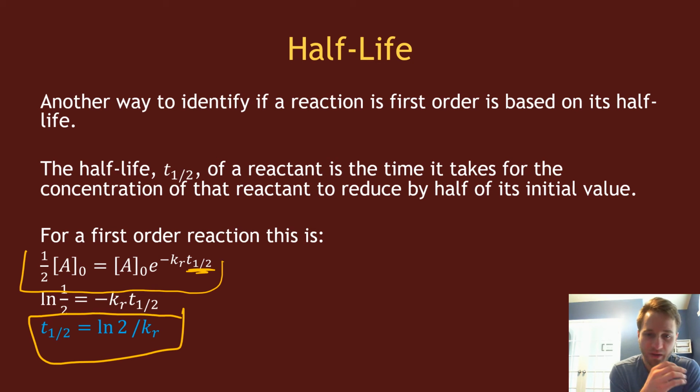So if I have 100 moles and I reduce 1 mole per minute, no matter how many moles I have, it's going to take a lot more time to get from 100 to 50 moles than if I had 10 moles and went from 10 to 5. So reducing that concentration by half, the time it takes depends on what the initial concentration is for a 0th order reaction. But for a first order reaction, you increase the concentration linearly,